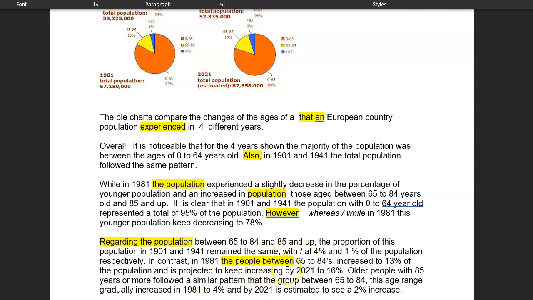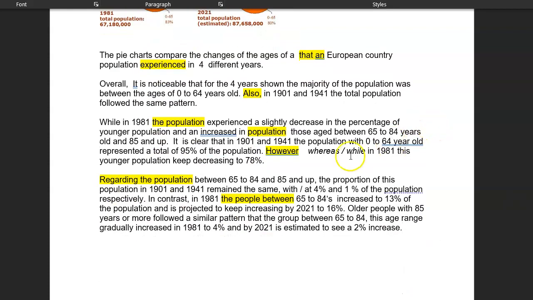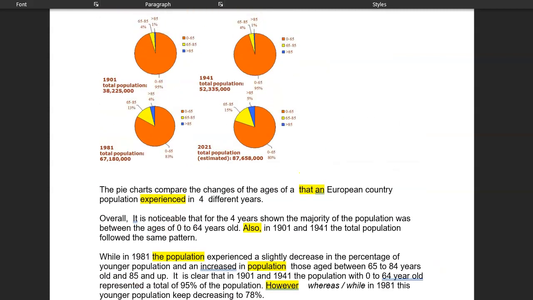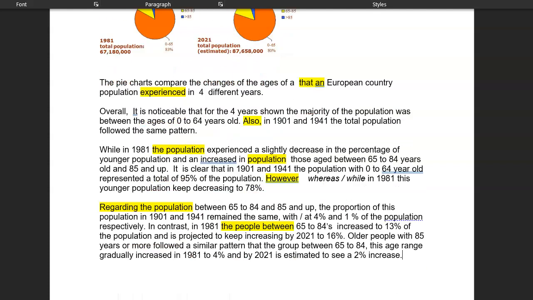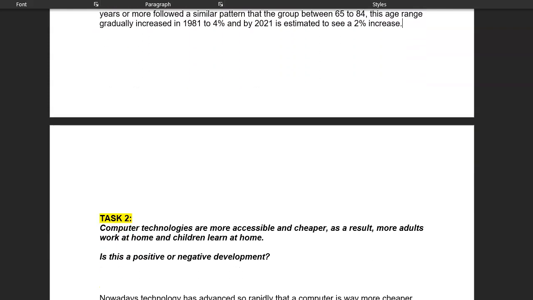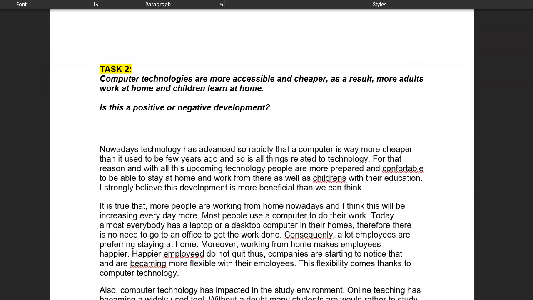Nice to use the future. That's excellent. Well done. Older people follow a similar pattern in that group. Yeah, very nice. Well done. Really good. You've done a very, very nice answer in that. So what I would just say is just use those connecting words. And when you're contrasting, you've got smaller than, less than, half. So here is represented to be twice as many as the number in 1941. So check out those different ways of comparing. I'll include a link for you.